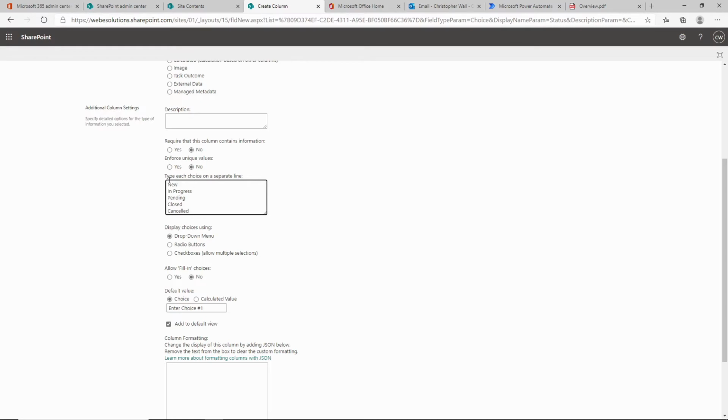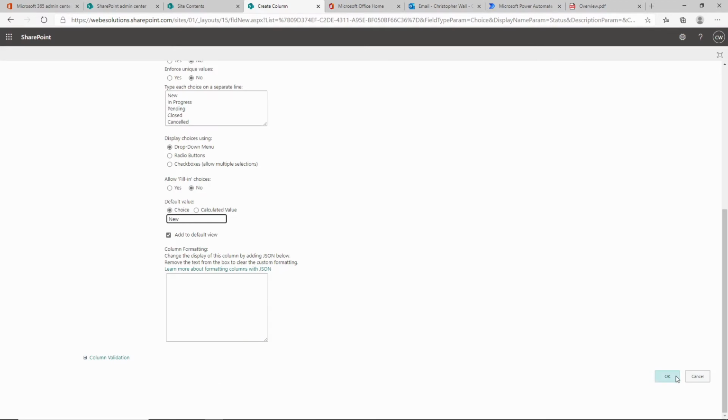So when the email comes in or when a new email arrives, Power Automate will set this list item to new. And then when you change any of these statuses to a new status, it will also trigger another trigger that will send the user an email. Great, and we will set our default choice to new. And if we click OK,